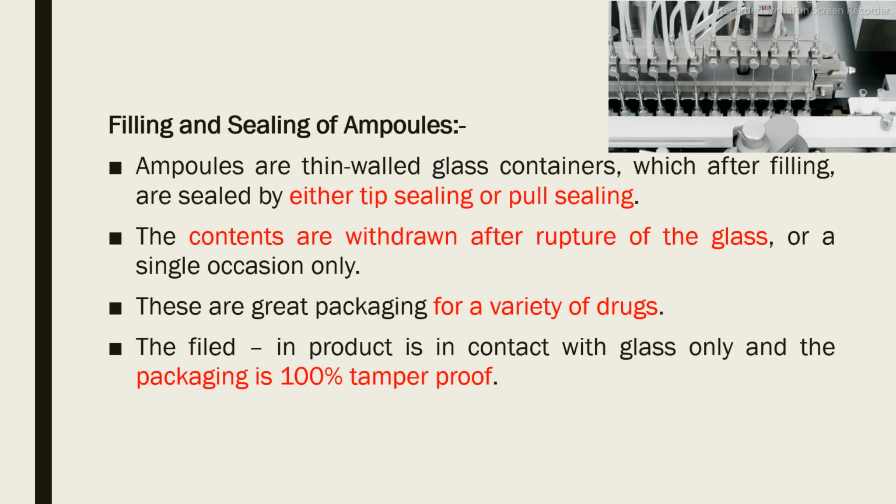What is meant by tamper proofing? Once the closure is opened, if we use the container a second time, we can come to know whether the closure is tamper proof or not. There is a liner provided along with the closure. If this liner is broken, it means that it is not a tamper proof container. This type of tamper proofing evidence is provided with the container so that the patient will come to know whether the container is completely okay or not.